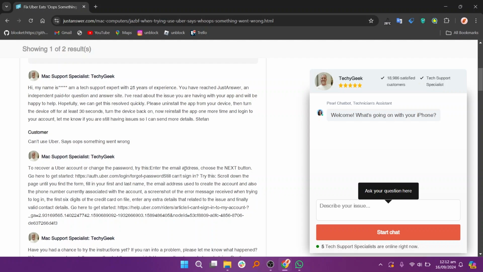Then, go to the Uber Forgot Password page. Scroll down the page until you find the form. Fill in your first and last name and the email address used to create the account. Also, the phone number currently associated with the account and a screenshot of the error message received when trying to